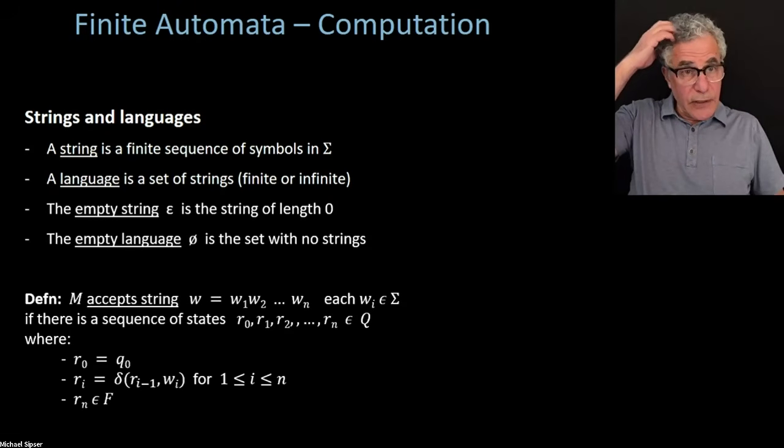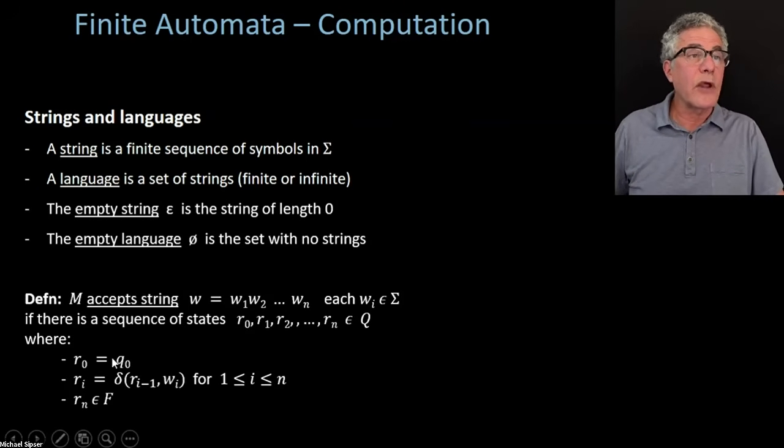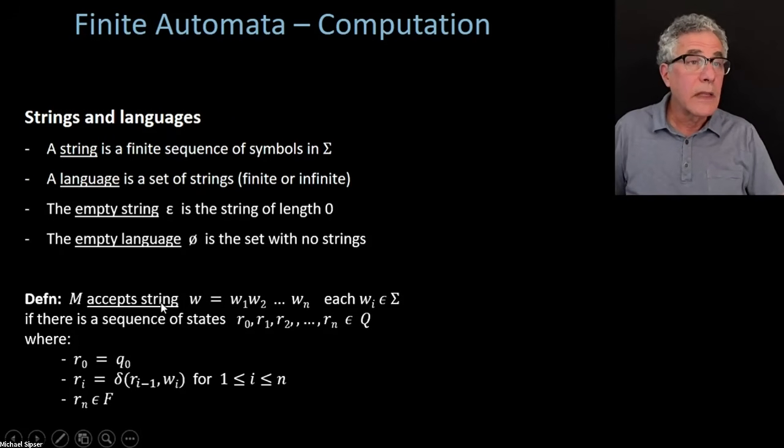Okay, so here's a little bit of a mouthful on the slide: defining what it means for an automaton to accept its input string w. We can define that formally, and it's a little technical looking, but it's really not that bad. So if you have your input string w, which you can write as a sequence of symbols in the alphabet, w1, w2, ..., wn, like 0, 1, 0, 0, 1, I'm just writing it out symbol by symbol here.